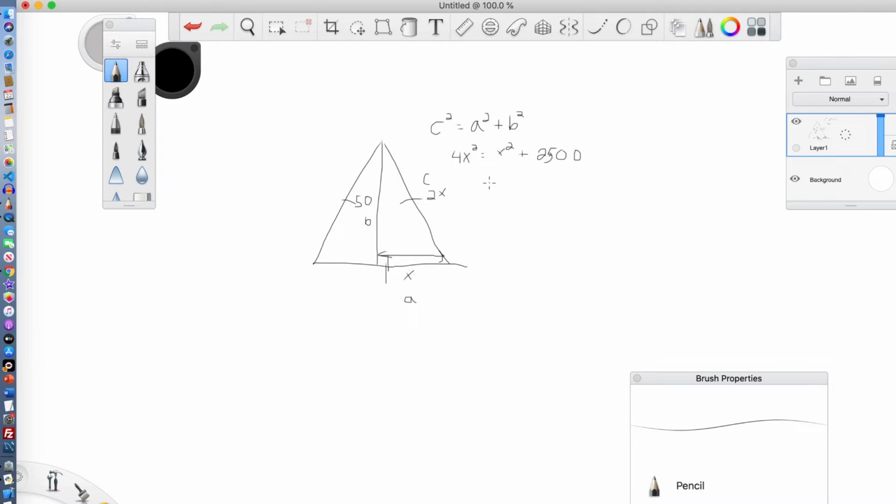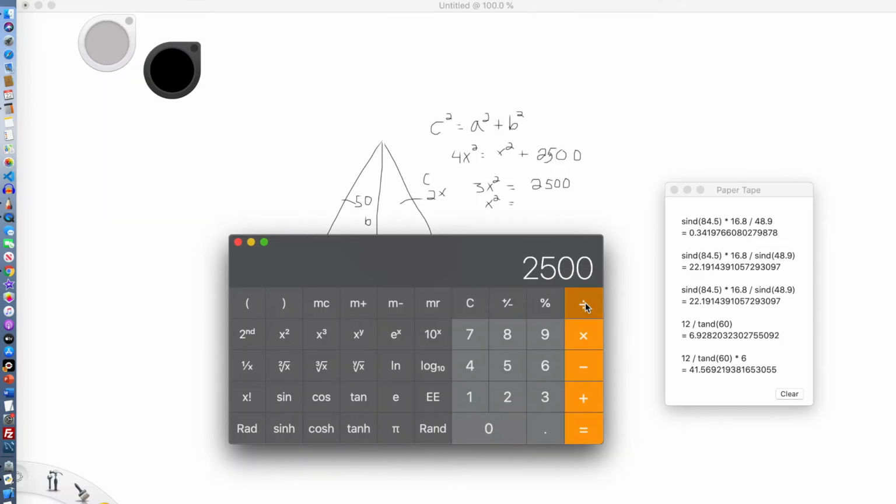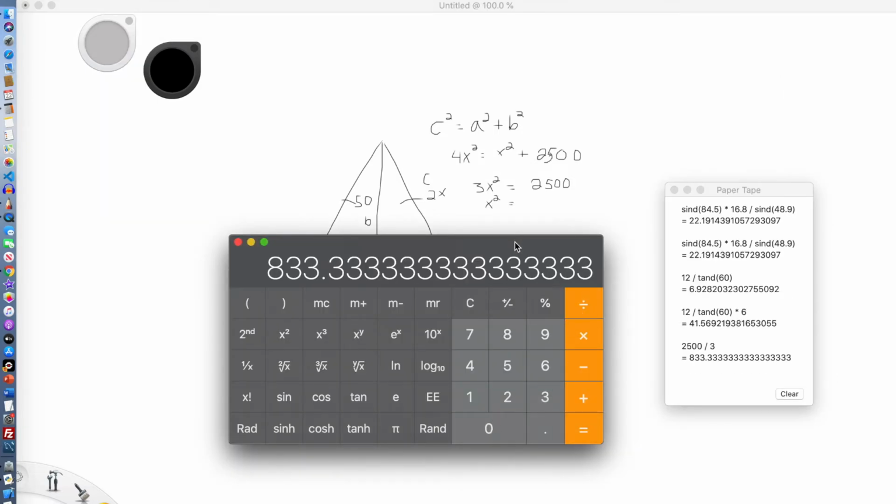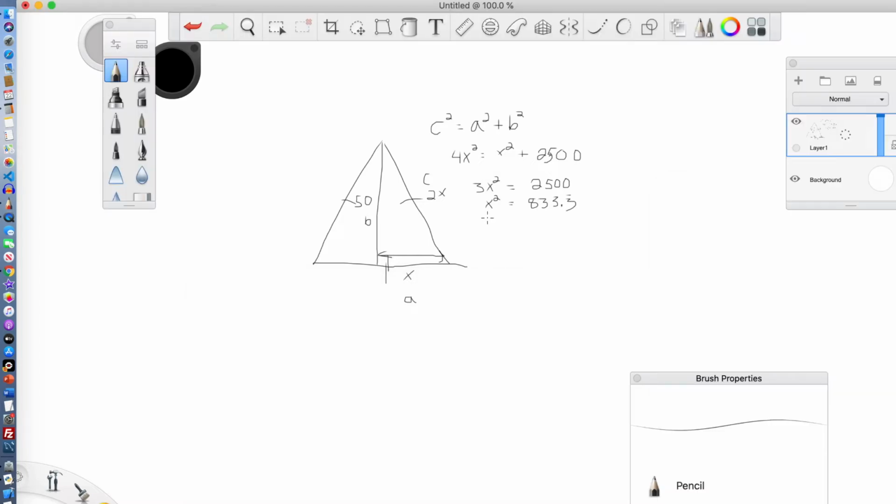Subtract x squared from both sides, we end up with 3x squared is equal to 2,500. Divide by 3, so x squared is equal to 833.3 repeating, and then take the square root. X is equal to the square root of 833.3 repeating,